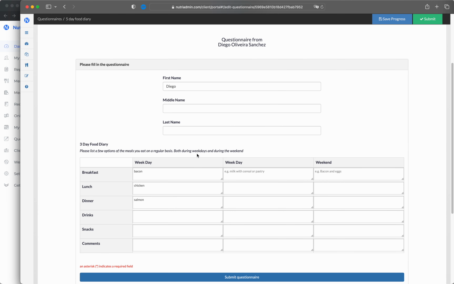So this is a good option if you want the client to be able to edit the questionnaire. As you see, this is good for things like a food diary, for example, because this way the client can log in every time they have a meal and they can type in what they ate and they don't have to fill it all up in one go. So now